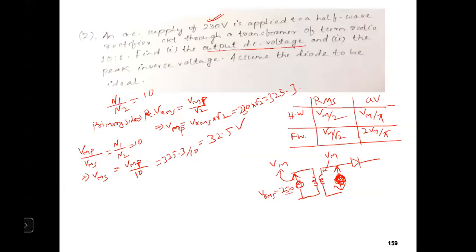Okay, output DC voltage कितना है, that I have to find out. So that thing I have to apply. So I got VMS. This one is VMP. This one is VMS. Okay, once I got this thing 32.53, I'll find out the IDC. Tell me which formula I'll apply. What is the formula for IDC? So this table is in front of you. So you remember it. Always you have to use it.